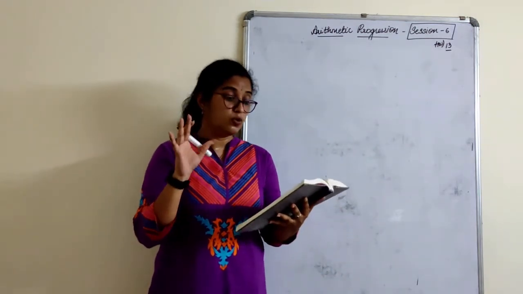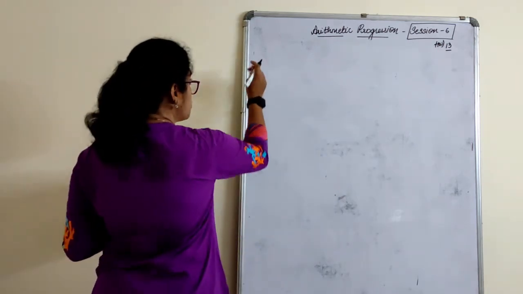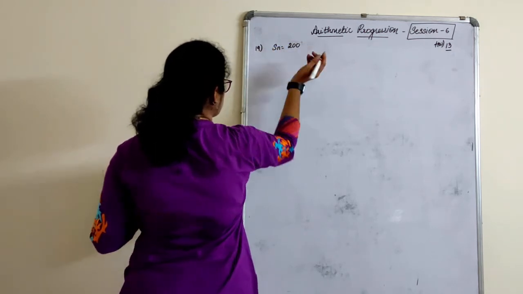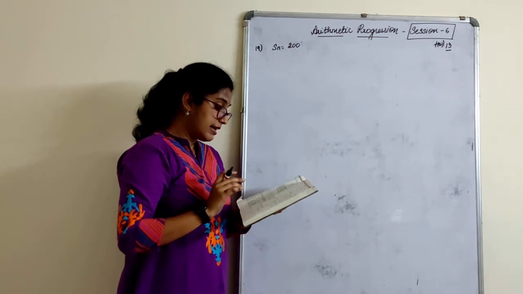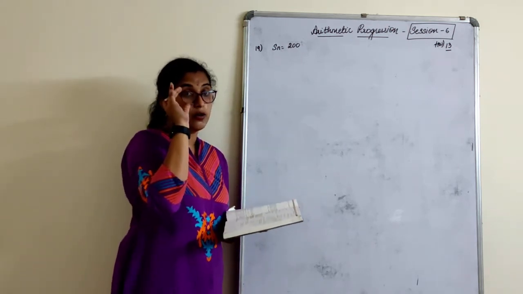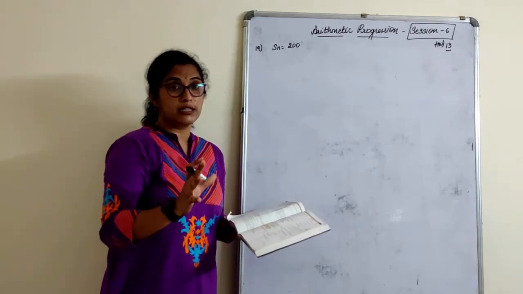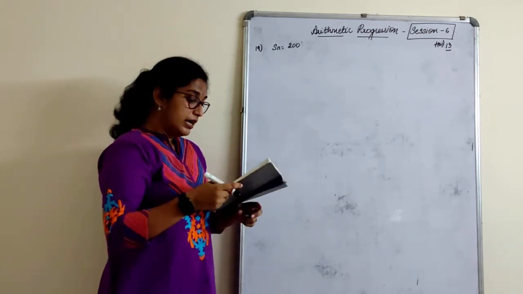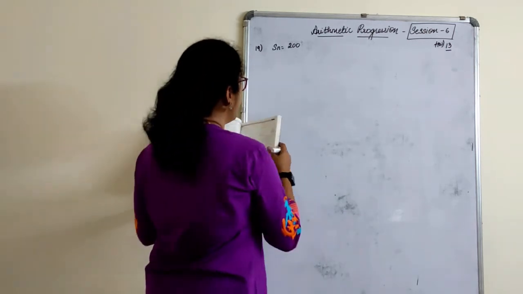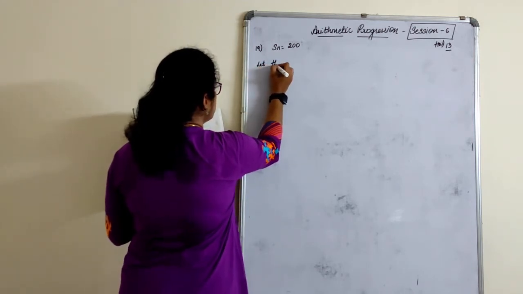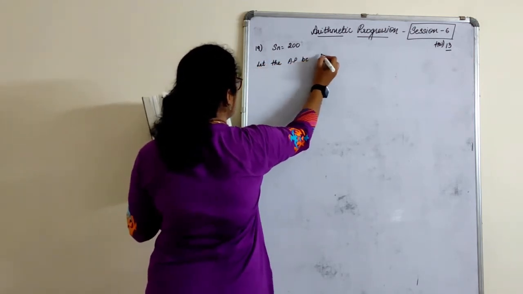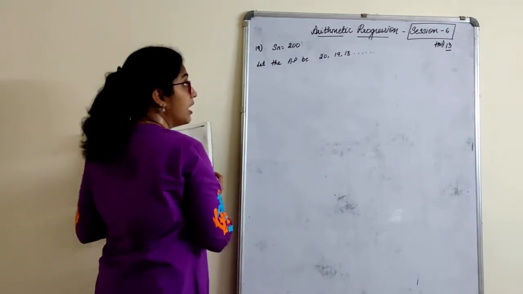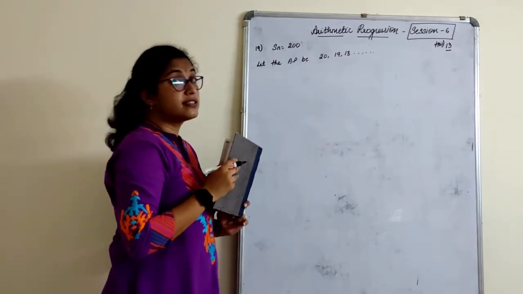So first, there are a total of 200 logs. So what is this total of 200 logs? Sn is 200. They have not told the total anyhow, but put together, 200 logs are stacked means it is the sum of the whole lot, which is 200, so it is Sn. How are they stacked? They are stacked in such a way that let the AP be 20, 19, 18, and so on up to, till where they can stack such that the sum is 200.